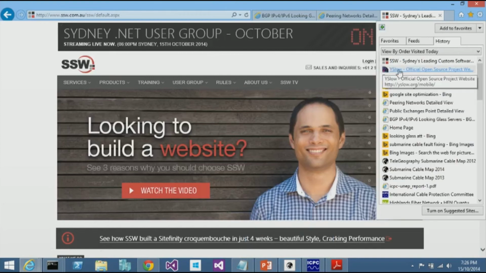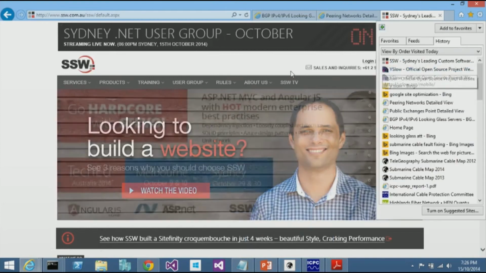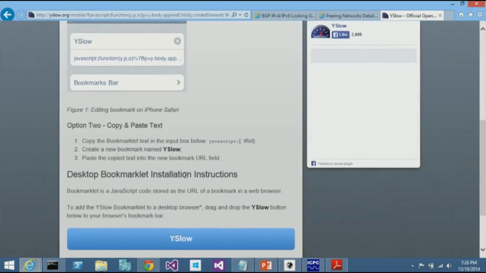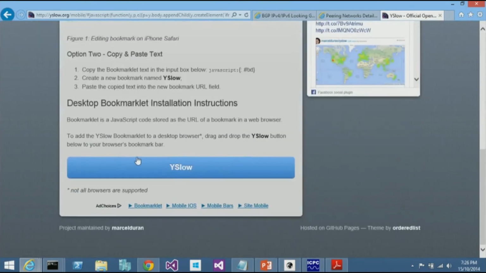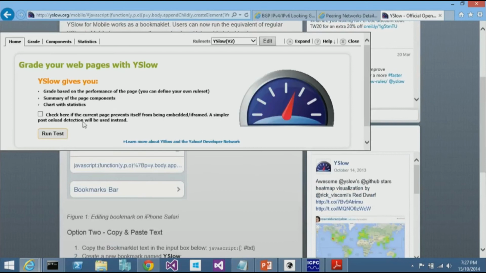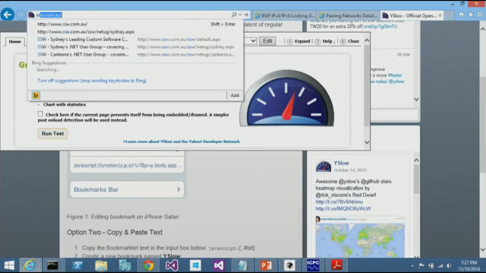Basically, I've added that link to my favorites, and then using a bit of JavaScript, I can click that link. Oh, wrong one. Drag and drop the YSlow button. You can install this as a Chrome extension too. That works better. There we go. So now it works. So if we go to ssw.com.au,